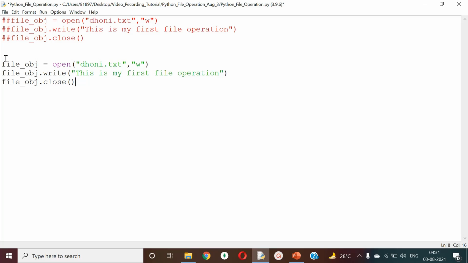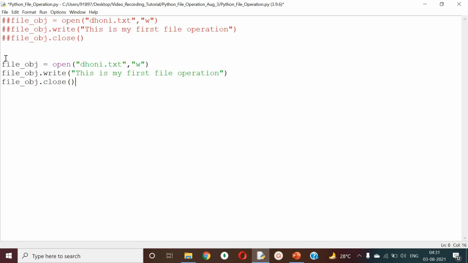Now I have three lines of code, and there are three things which I'm trying to put in manually: the file name, the mode of operation, and also the content. So all these three are static. That means I'm already mentioning them within my code. You should always avoid this, right? You should write the code in such a way that it will be very generic.